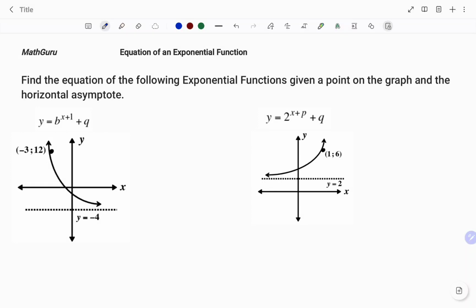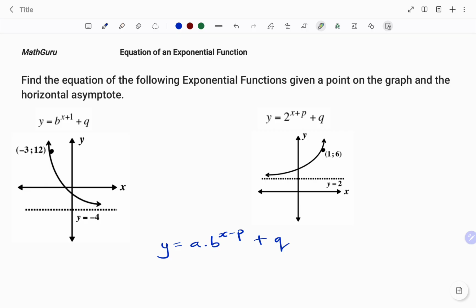In this video, I'm going to show you how to find the equation of an exponential function. Going by the standard equation of an exponential function, we have y equals a times b to the power of x minus p plus q. Note that the a value,